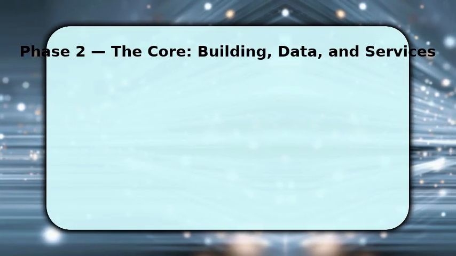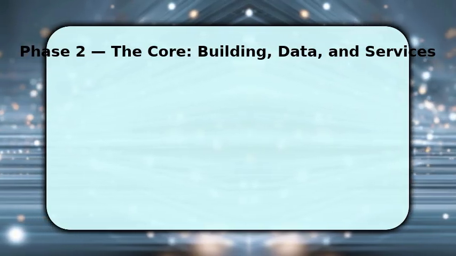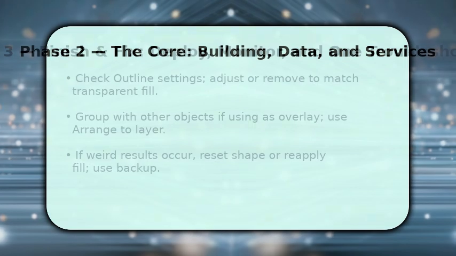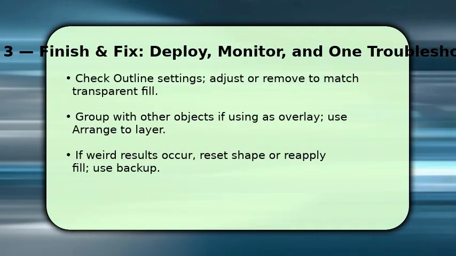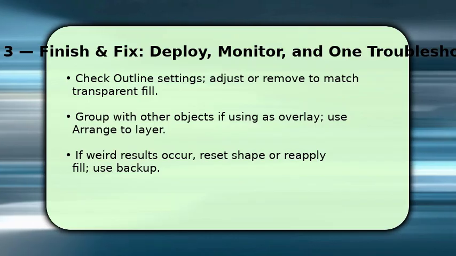Make sure to preview on the actual slide, since lighting and background images affect perceived transparency. To finish, confirm the outline and stacking order so the transparent shape behaves as intended. Remove or soften the outline if it distracts. Group the shape with linked elements when using it as an overlay, and use Arrange bring forward/send backward to position